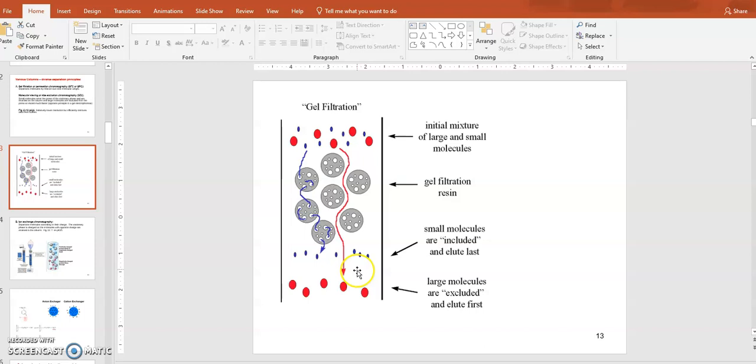So if you compare the speed of these molecules running through the column, of course, the smaller molecules will have a longer distance because they have to go through all these holes continuously, so they'll come out much later than the large molecules. The large molecules will just run through and come out fast. So yeah, gel filtration, they're filtered by size, so small molecules come out much later than the large molecules. So you can use this chromatography method to capture and maybe purify your API molecules, a size-based